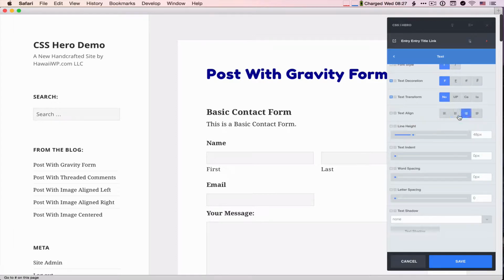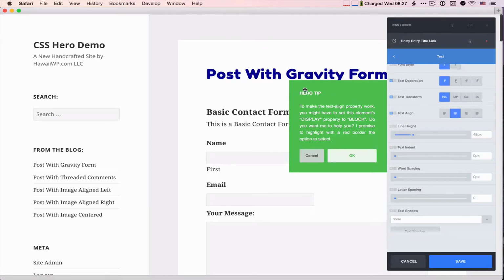And you'll see something really special happens if I try to center this. This little hero tip pops up, and it teaches you a little bit about CSS: to make the text align property work, you might have to set this element's display property to block. Do you want me to help you? I promise to highlight with a red border the option to select. Okay, so basically what this is saying is some CSS rules need to work with other rules in order to